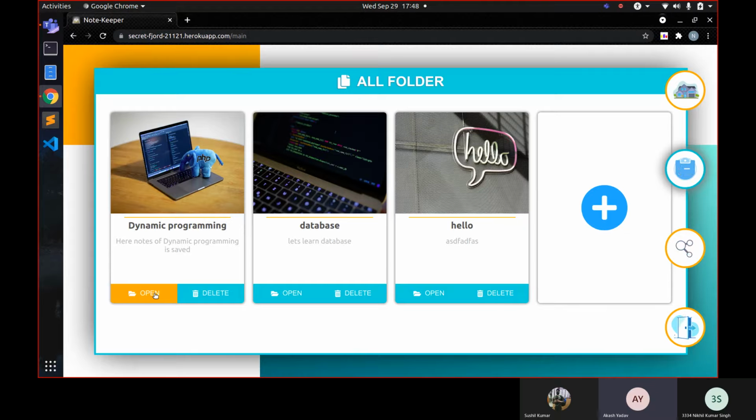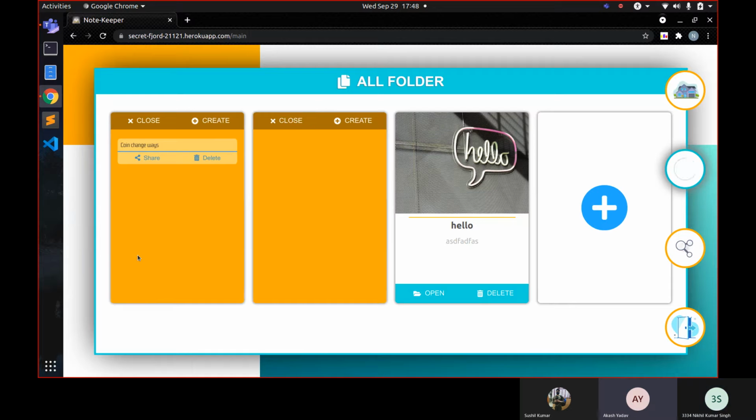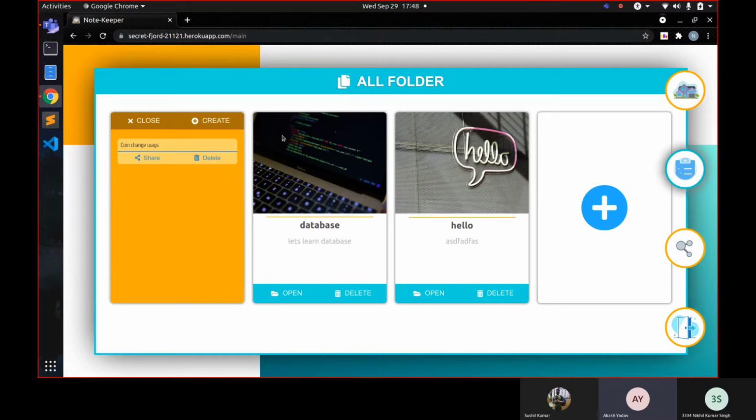Suppose the API returns an empty array, meaning no image is found. Then, to handle that error, we have used a default image so that the error could be handled. And now flip the card. So here all the topics related to a particular folder will be displayed, which we can consider as a file. So open the first note.